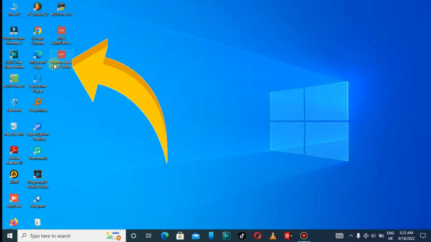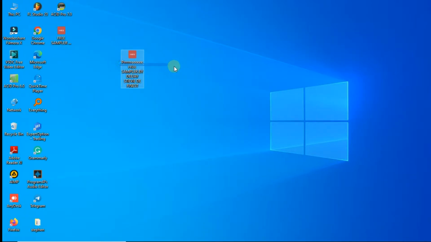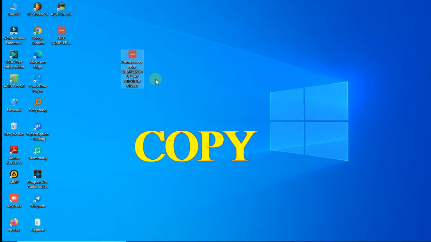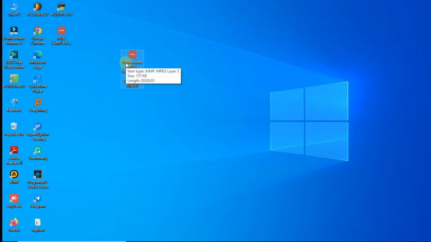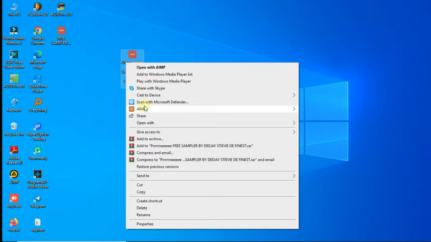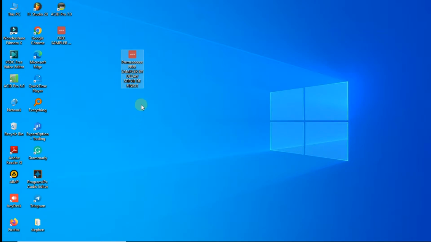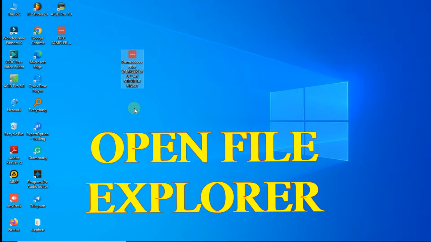So this is the sampler I want to add to Virtual DJ. So to add it, copy it, right click on it, and then copy it, or press Ctrl C on your keyboard to copy it. Now to add it to Virtual DJ, open your File Explorer,